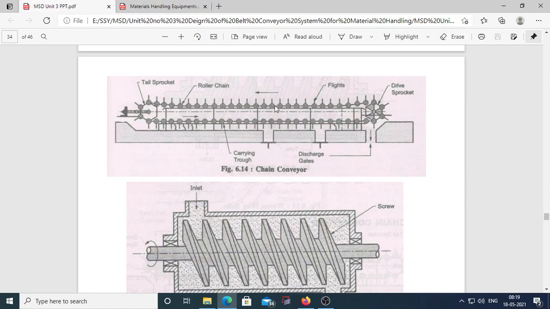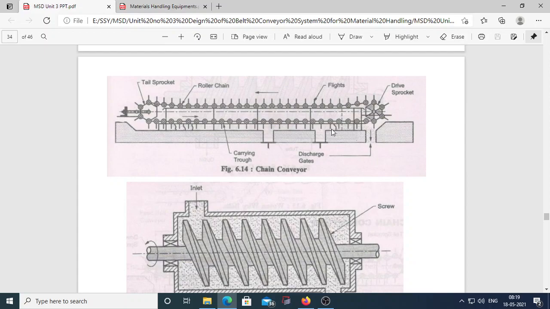The drive sprocket is coupled with the drive unit. The load carrying strand of the chain is supported by the load carrying tracks. See, there are some load carrying tracks used. While on the return, the strand of the chain is supported by the return tracks.